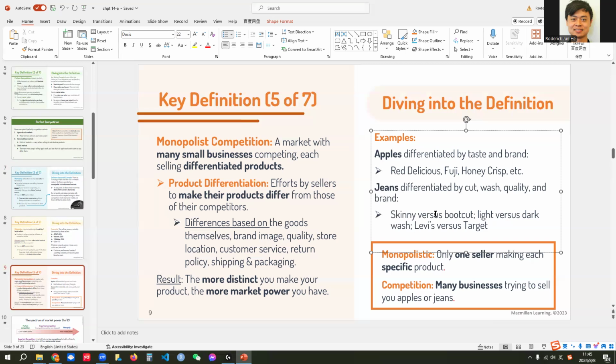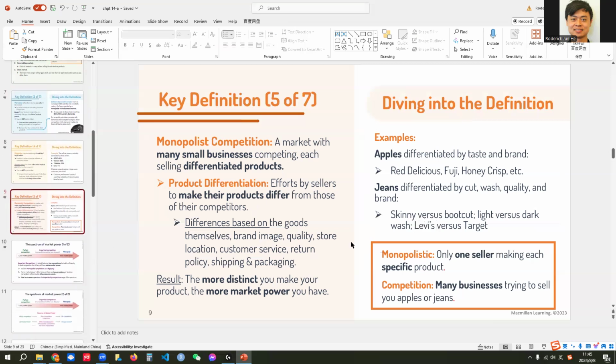So how do they try? Although there are many competitors, still Levi's has its profit margin better than any unknown jeans brand, right? So Levi's here creates certain differentiation. So it's not a generic producer. So that distinguishes monopolistic competition from perfect competition, in which there is no distinguishment at all. You don't care about a pencil producer, right? You don't care about who produces the pencil, as long as this is one that can function. That's okay enough,